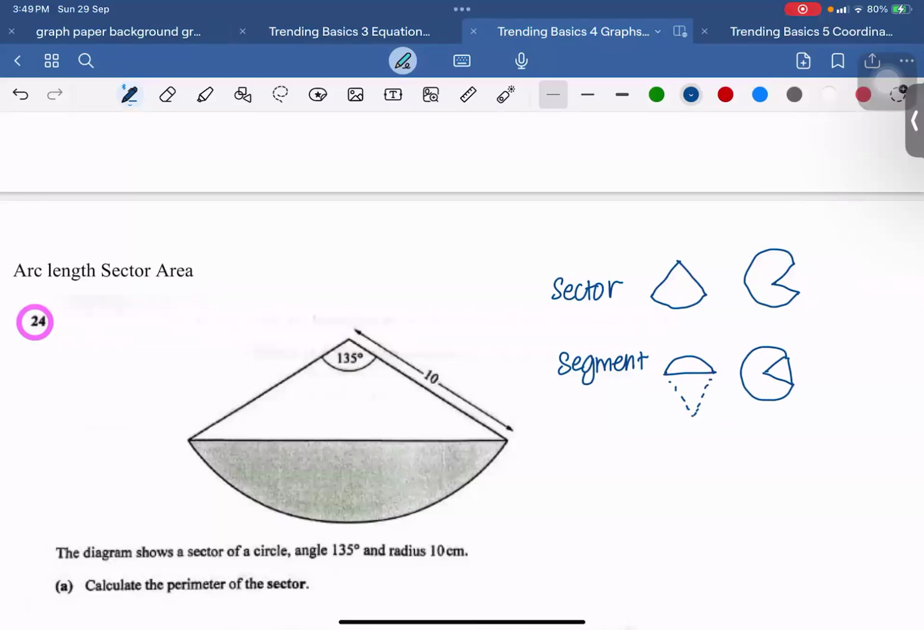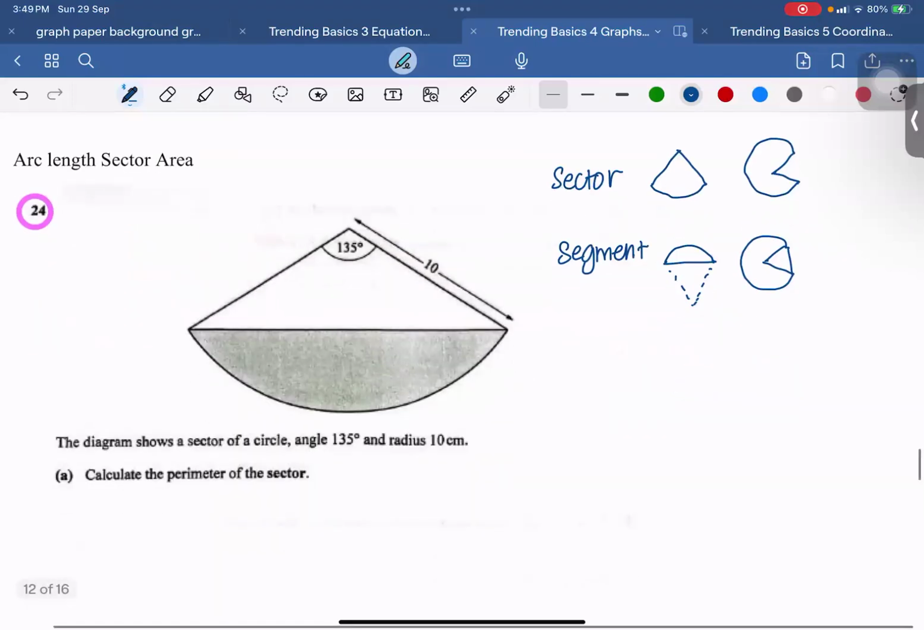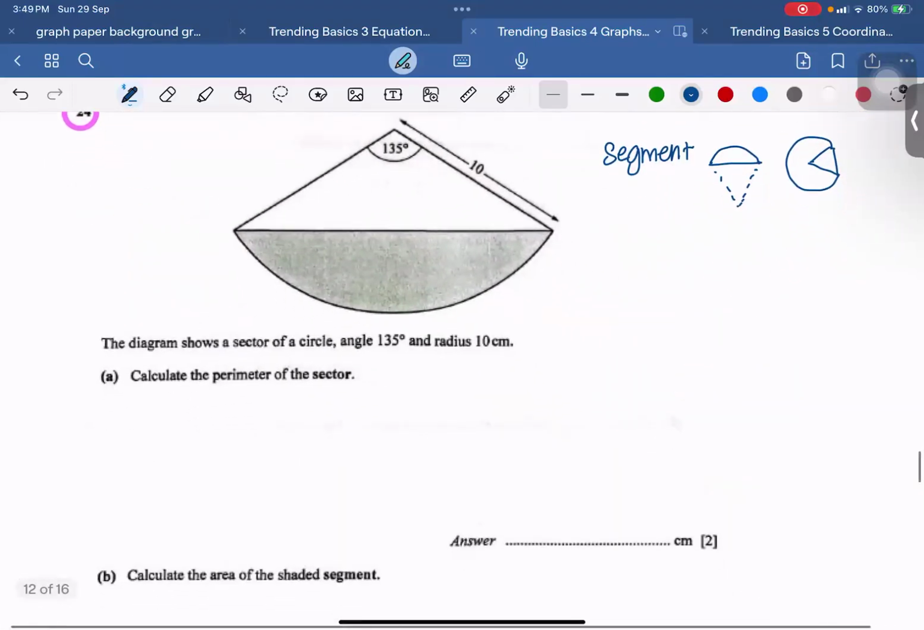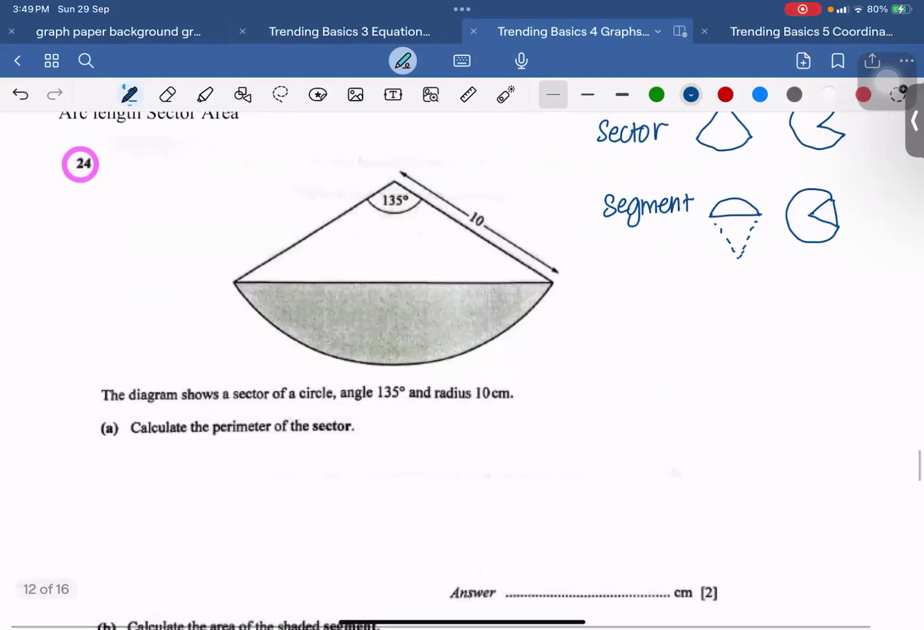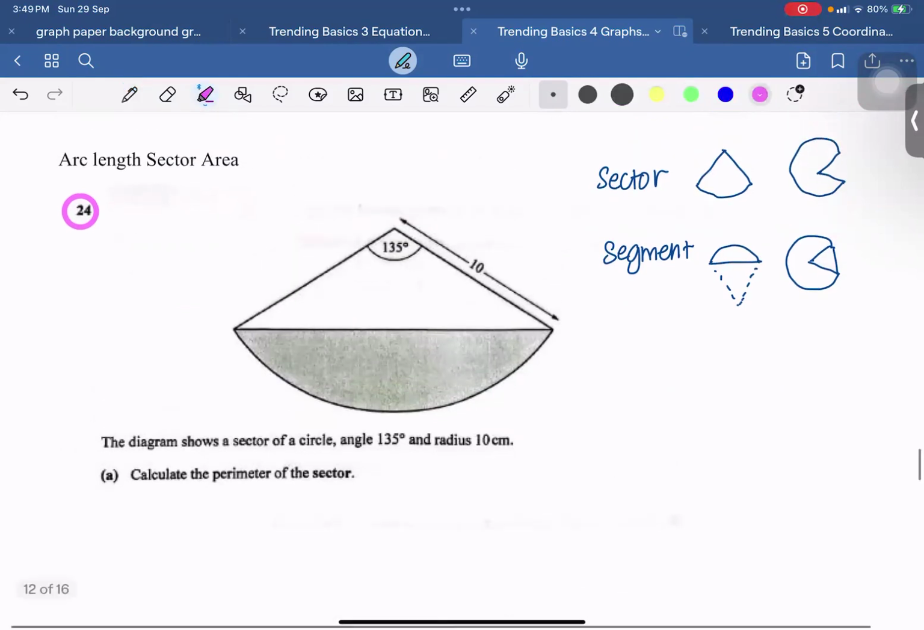If you don't understand the keyword, you don't remember what is a keyword, you won't know what you need to find. Okay, so question here says calculate the perimeter of the sector. A lot of students will see the question shaded, right? So they're going to find the perimeter of the shaded segment. No, they want the shaded, the sector. Sector means in this case is the pizza. They want this arc plus the 2 radius,